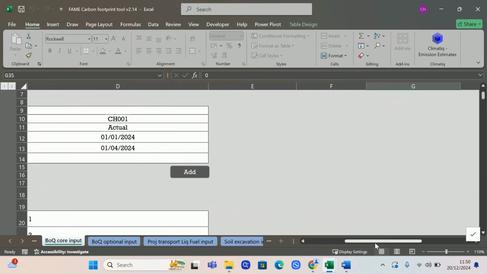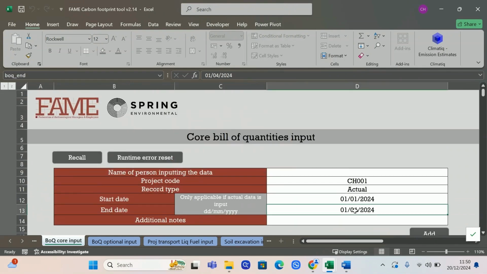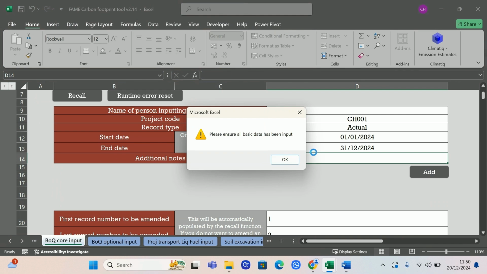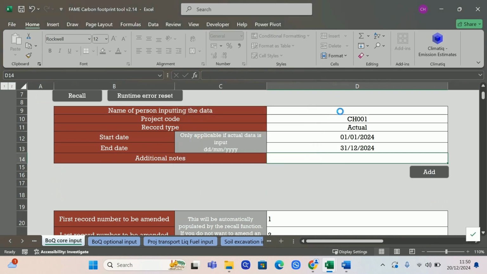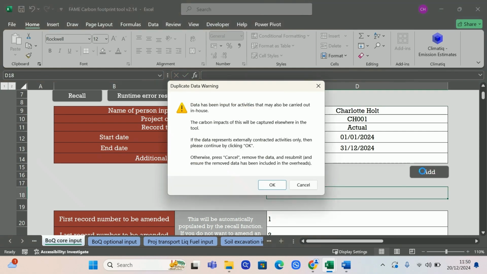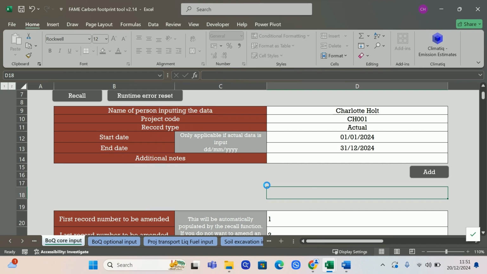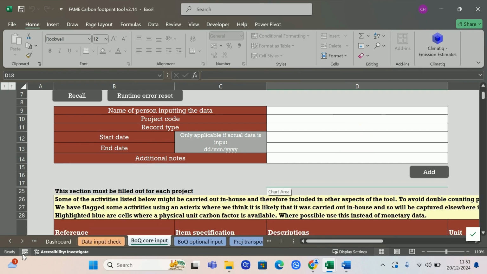And then if we just want to submit it, then please ensure that, there we are. Need to input my name as well, as always. How could I possibly forget? And there's the message again. There we are. And hopefully if we go to the emissions database,